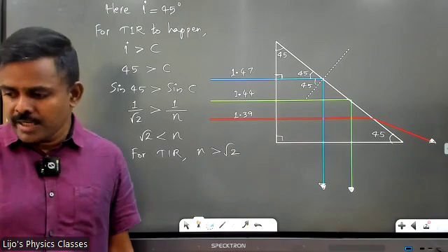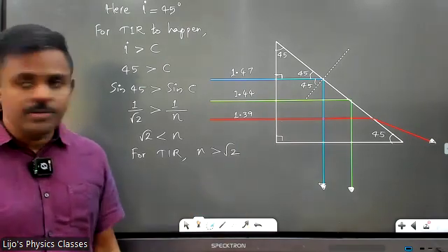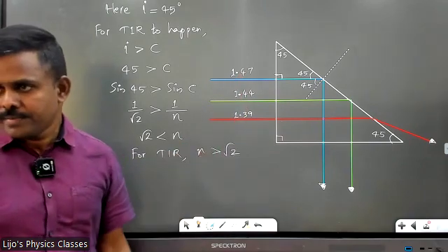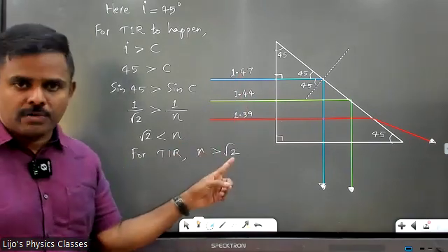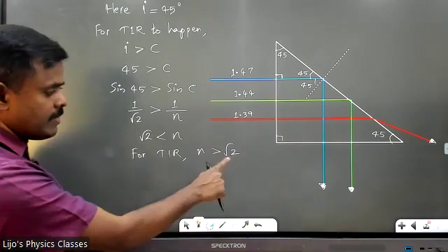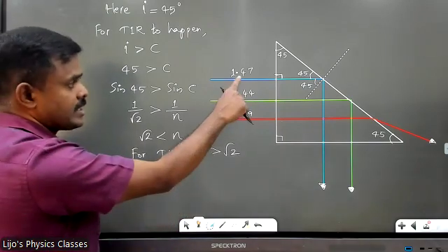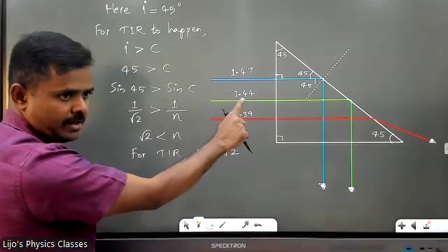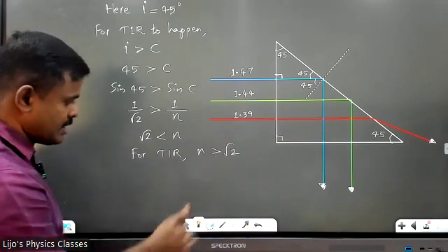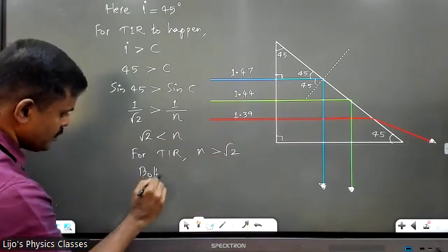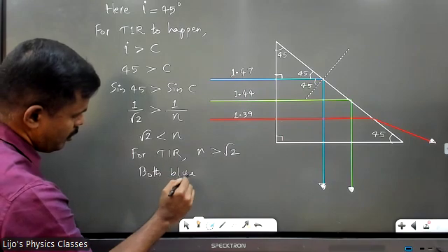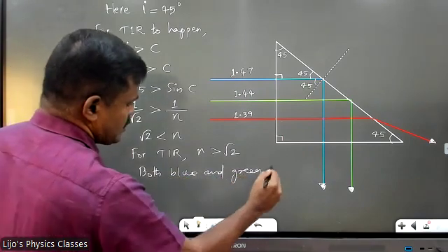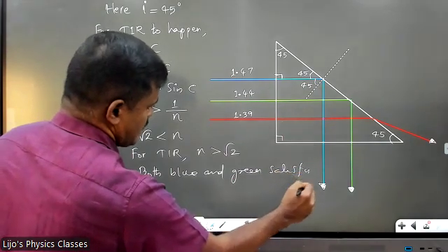Which colors have a refractive index greater than root 2? Blue and green: 1.47 and 1.44. Root 2 is 1.414. The refractive index is 1.47 for blue and 1.44 for green. So both of them satisfy this condition. You can write that both blue and green satisfy